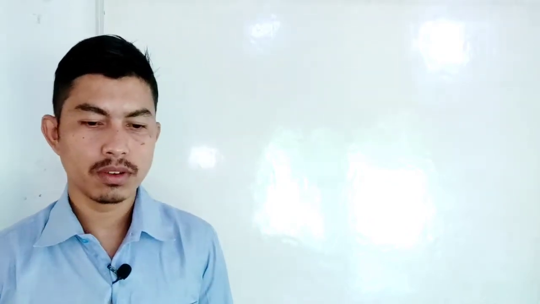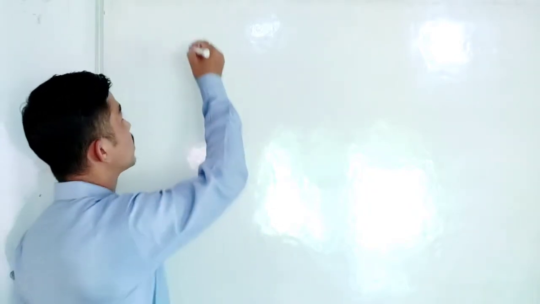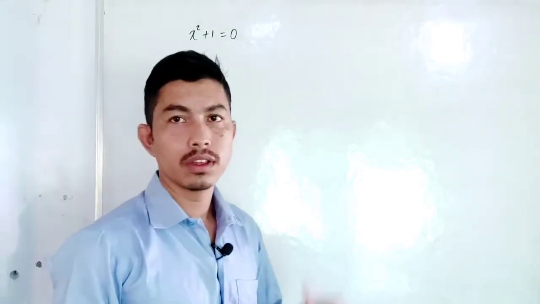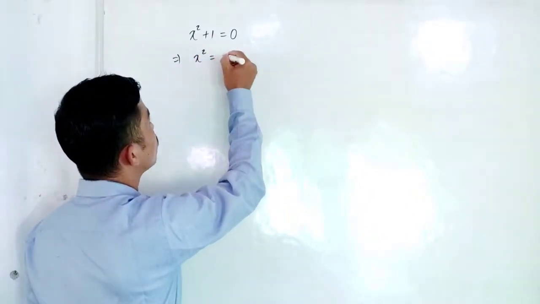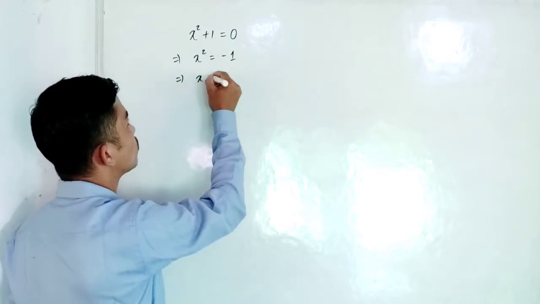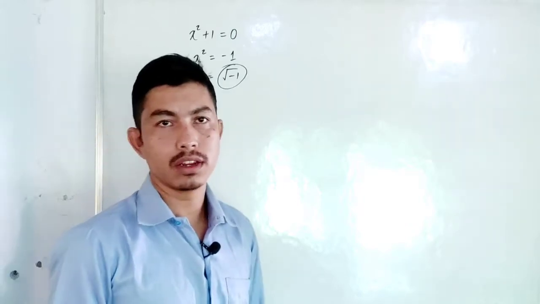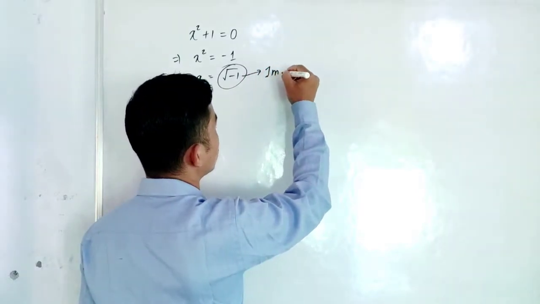Today we will be starting a new chapter from your textbook, that is chapter 9, and the name of the chapter is complex number. As we know, necessity is the mother of all inventions. When people came across equations like x square plus 1 equals 0, this equation could not be solved. When I try to solve it, I get x square equals minus 1, so the value of x will be equal to under root of minus 1. This number does not exist on a number line, so it does not come under real numbers. Such numbers were said to be imaginary numbers.